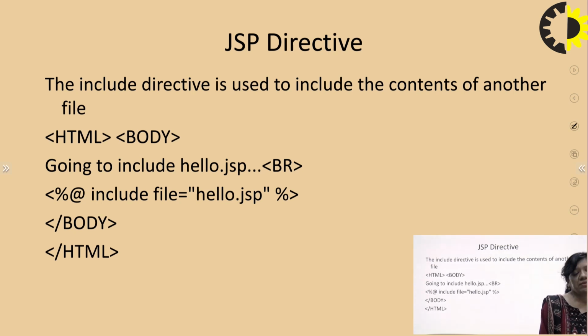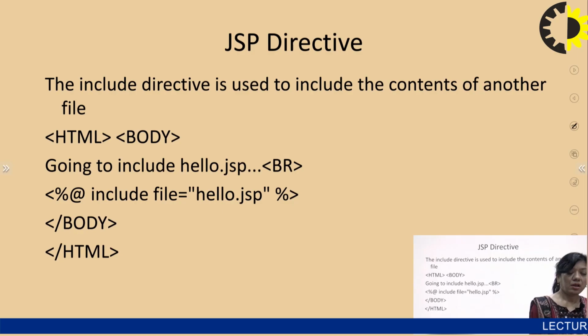The JSP include directive is used to include the content of another file. Suppose I want to include the content of another file, at that time I use the JSP include directive. Here I have used it to include hello.jsp in the inclusion file. So with the help of this tag I can include all the content of the hello.jsp file